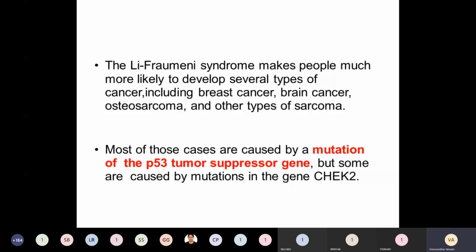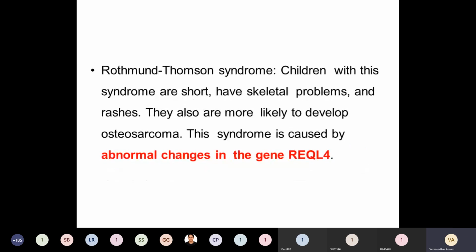P53 is a tumor suppressor gene. Once the tumor suppressor gene mutation occurs, it cannot perform its function properly. Hence, the tumor will continuously multiply because that anti-tumor effect is removed. It's not there. Rothmund-Thomson syndrome: children with this syndrome are short, have skeletal problems and rashes. They also are more likely to develop osteosarcoma because of abnormal changes in the gene